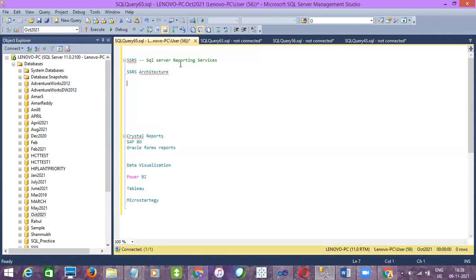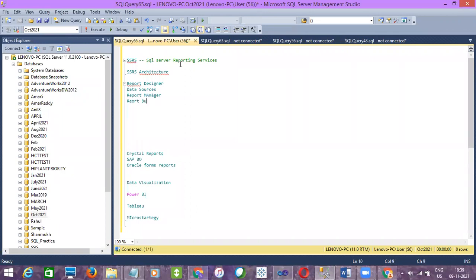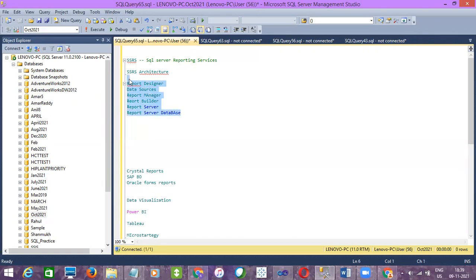The architecture contains report designer, data sources, report manager, report builder, report server, and then report server database. These are the components of SSRS, or the SSRS architecture, we can say.